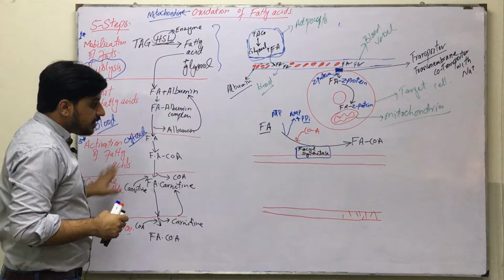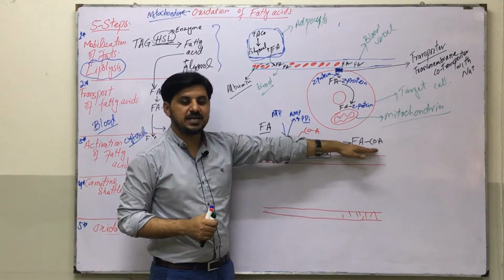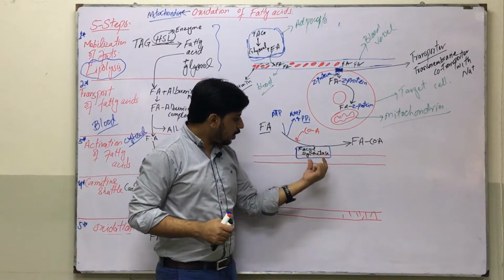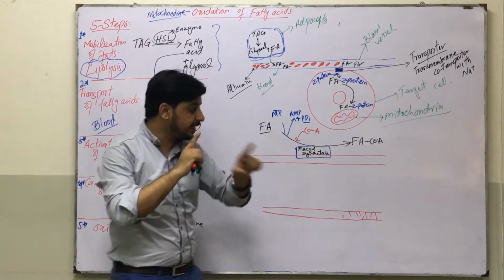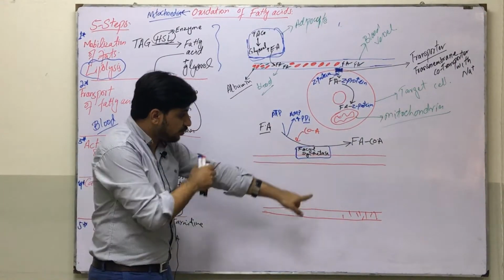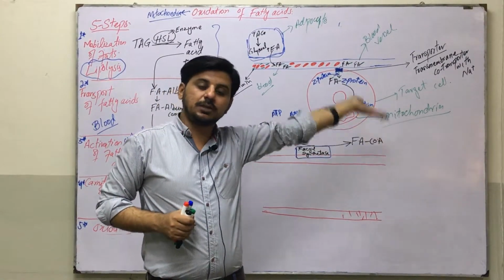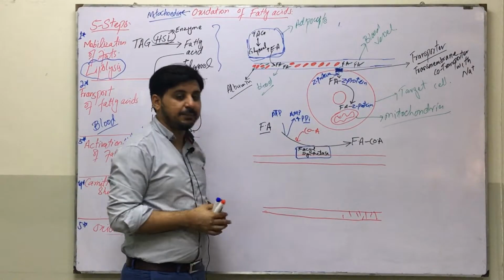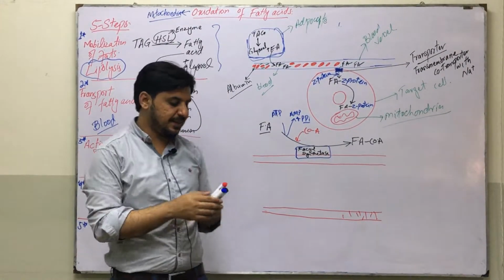Fourth step, that is the transport of this active fatty acid to the matrix. So, on the inner side of the outer mitochondrial membrane, listen to me very carefully, the fatty acyl synthetase was present on the outer side of the outer mitochondrial membrane, but on the inner side of the outer mitochondrial membrane there is another enzyme which we name as CPT1,